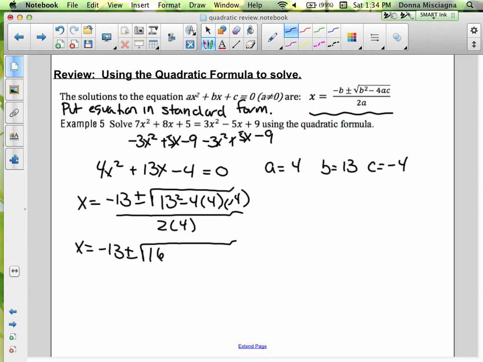x is equal to negative 13 plus or minus the square root. 13 squared is 169. 2 negatives, all right? Make sure you check if you've got 1 negative or 2. You've got 2, so it's a plus. If you had 3 negatives, it'd still be a minus. So we've got 4 times 4 times 4, which is going to be 64. That's 4 cubed. And then 2 times 4 is 8. All right, and so now let's simplify in the radical. Negative 13 plus or minus 169 plus 64 is going to be